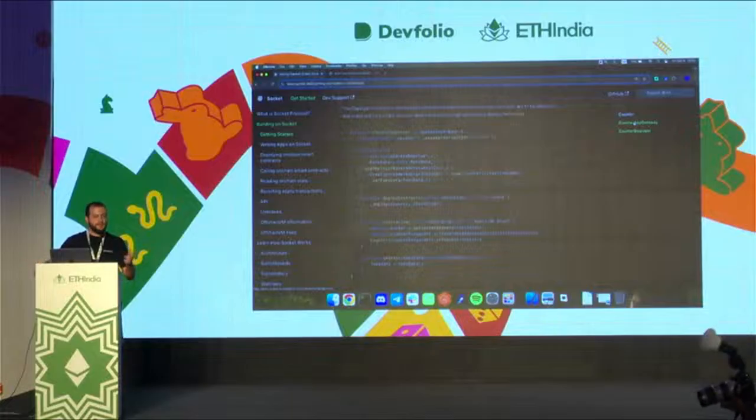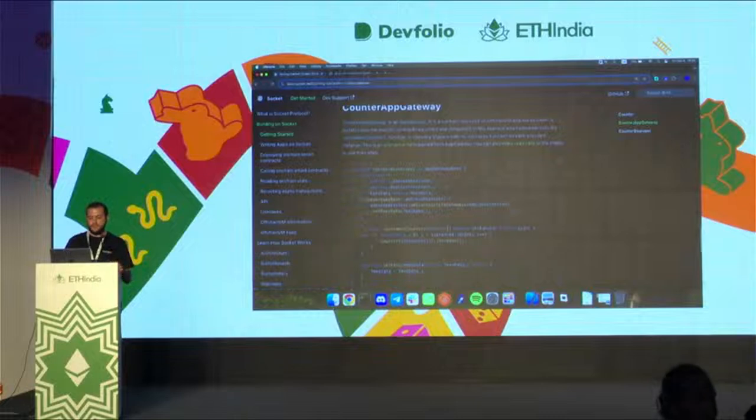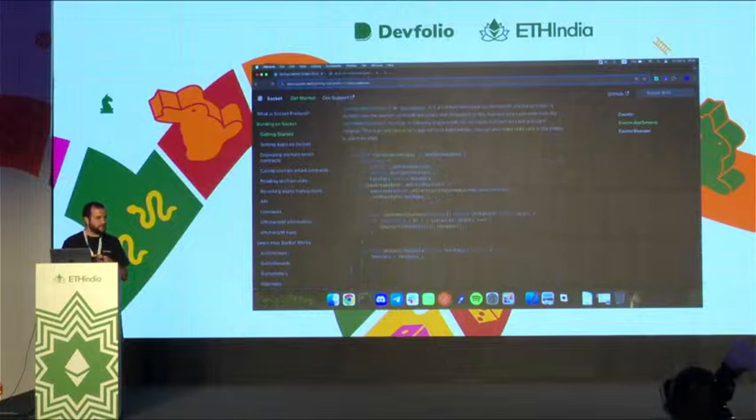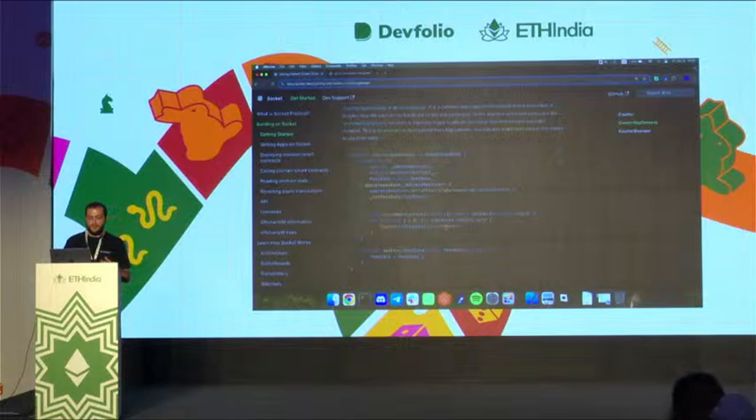I have my gaming app, I have tokens in one chain, I have the NFTs in a different chain, and I have, I don't know, some special prizes that I want to give to users in a different chain, okay? And that is where we get our gateway. The gateway you can think about, as VC showed you on the slides, as the glue that connects all of them together, okay? So here we have a very simple example with a for loop that goes through the counters in each chain, okay, and just increments those counters in the different chains.